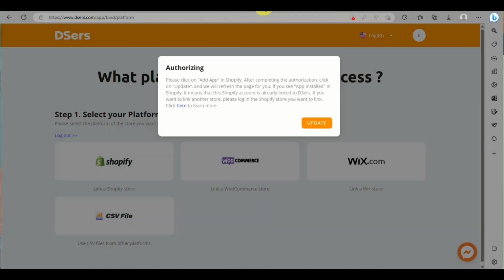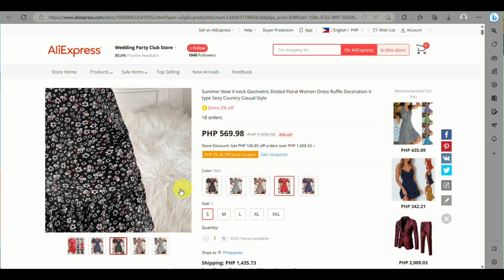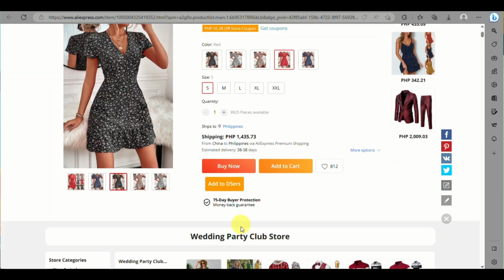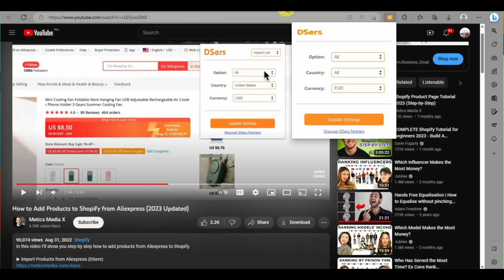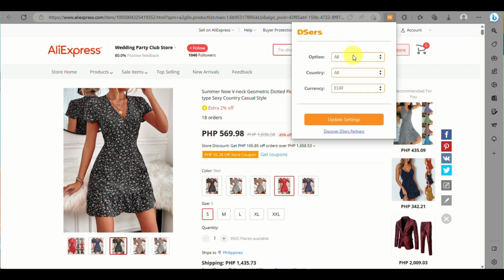Here, what we are doing is we are authorizing the Deezer account. So you just need to click on update. And then here we just need to go to AliExpress, and now that you already have the Deezer as an extension, you can click on add to Deezer on the product that you have chosen under the AliExpress account. So once you are on this page,